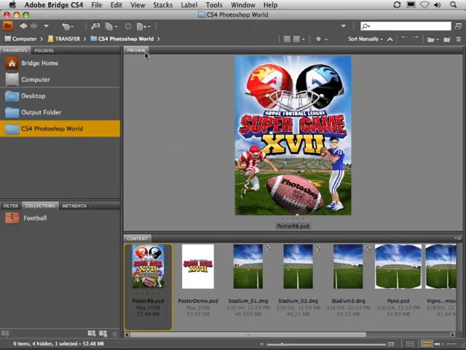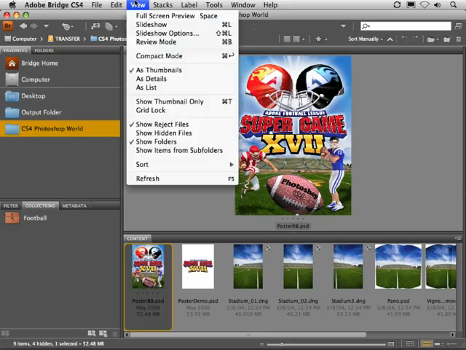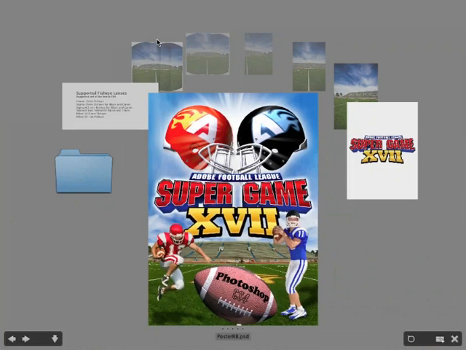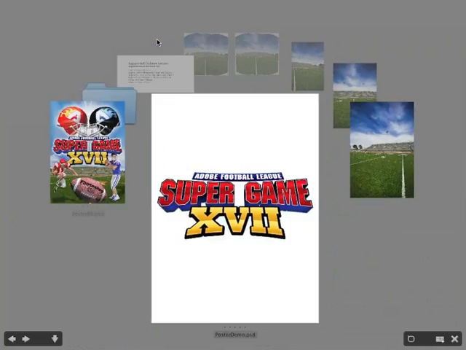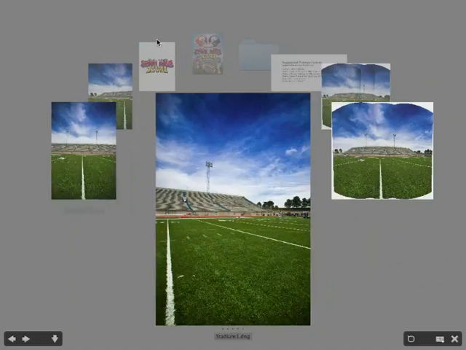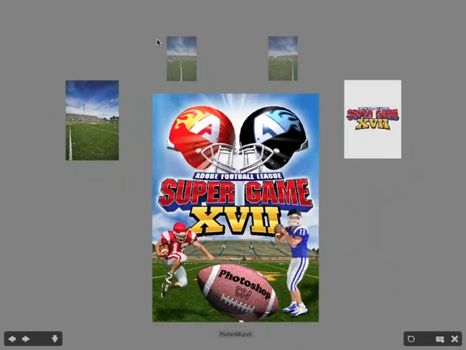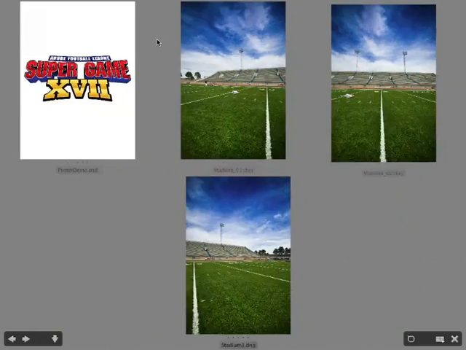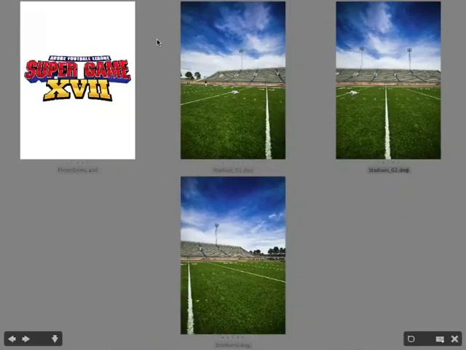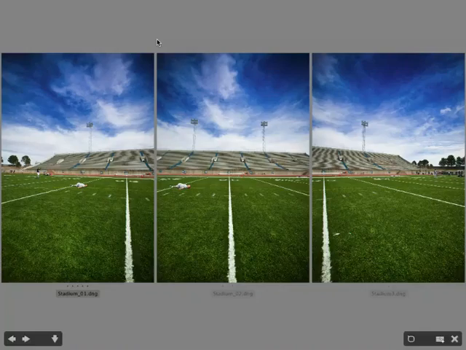here under my View menu. Here in Bridge I can select Review Mode right here. This is a great feature that allows me to use my keyboard shortcut of my arrow keys to quickly and easily go through all of my images and dismiss a certain number of these images with the down arrow key to sort this to just the images I want for a particular project. In this case, these three images that I'm going to merge together using some of the new merge features here